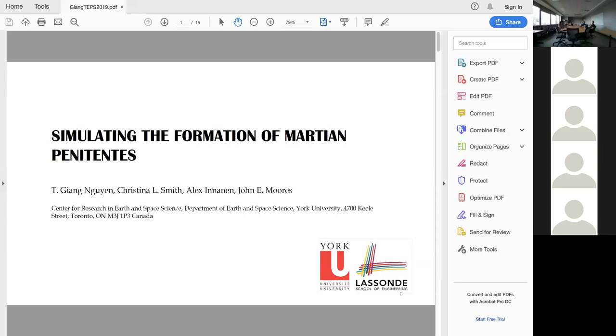So, introductions: what are penitentes? Penitentes are blade-like structures, as you can see here, and they are formed by sublimation. And so on Earth, I